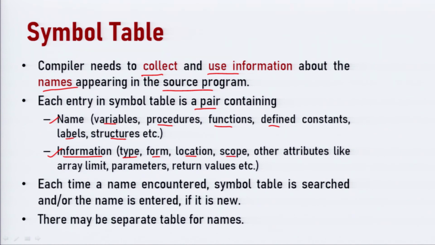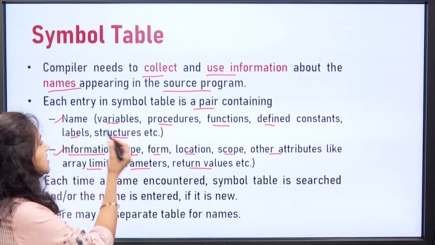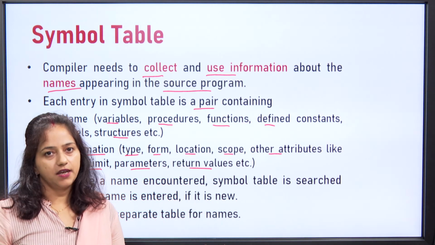Then the scope, scope means variable could be global variable or it could be the local variable. Next it could hold certain other attributes like array limit, like upper bound and the lower bound for the array that we are using. The parameters, parameters mean in procedure or in function there could be formal parameters. So, the parameters and the return value, meaning functions may be returning some value. So, this is related to the information that we store in symbol table with respect to each variable